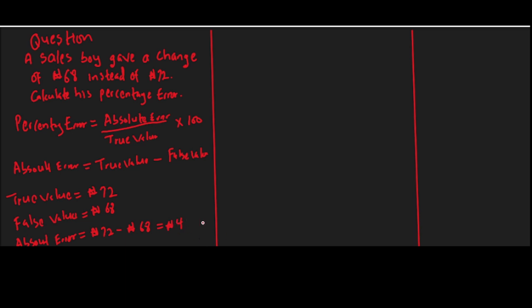Having our absolute error now to be 4 naira, let's now calculate our percentage error. Then our percentage error is equal to our absolute error here, now 4 naira, over our true value, which is 72, times 100. If we input in our calculator 4 over 72, that should give us something around 0.0556 times 100. 0.056 times 100 gives us